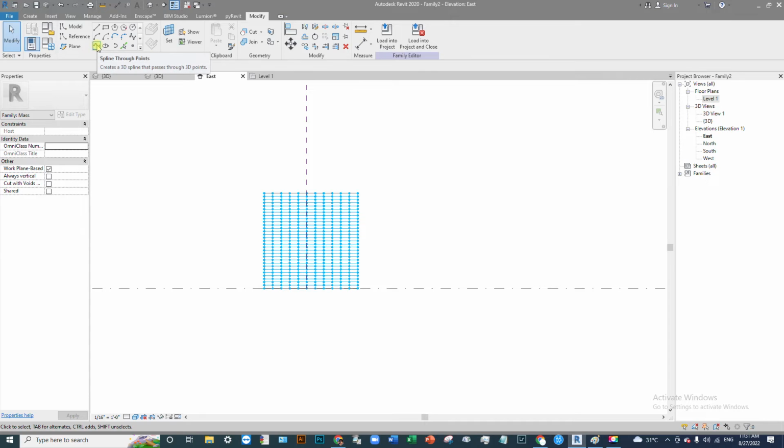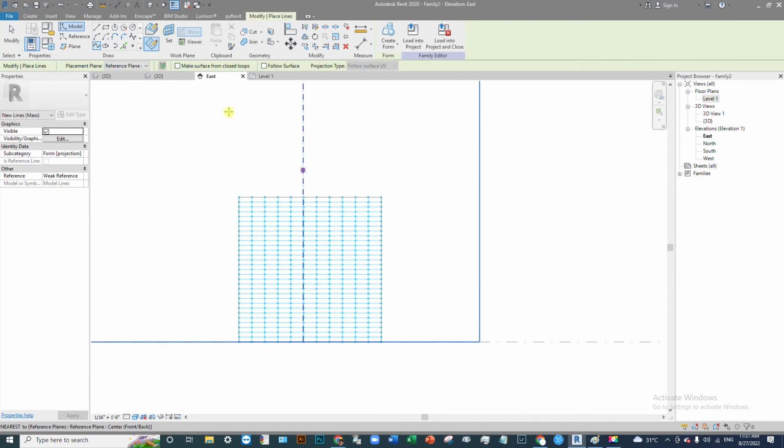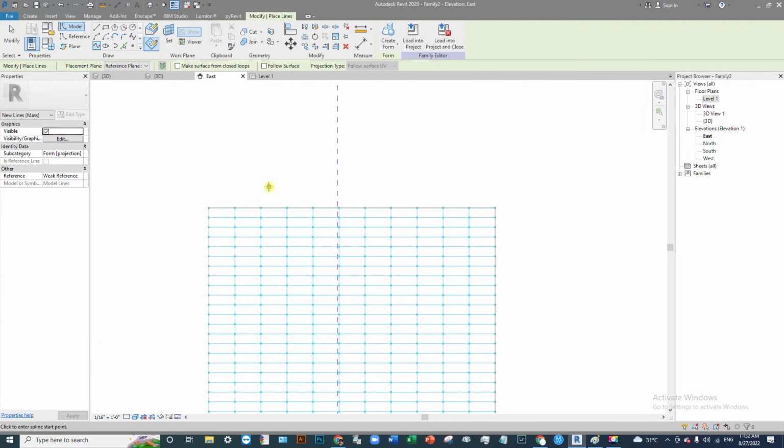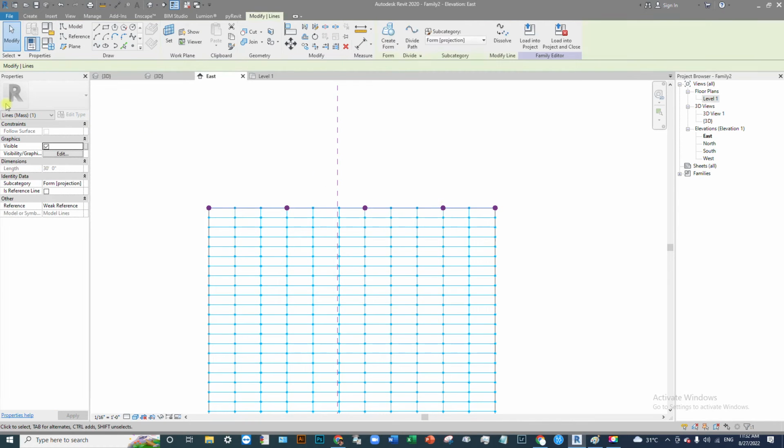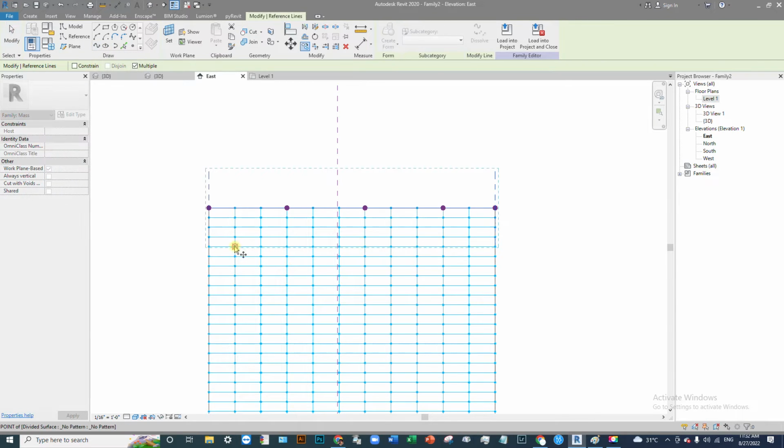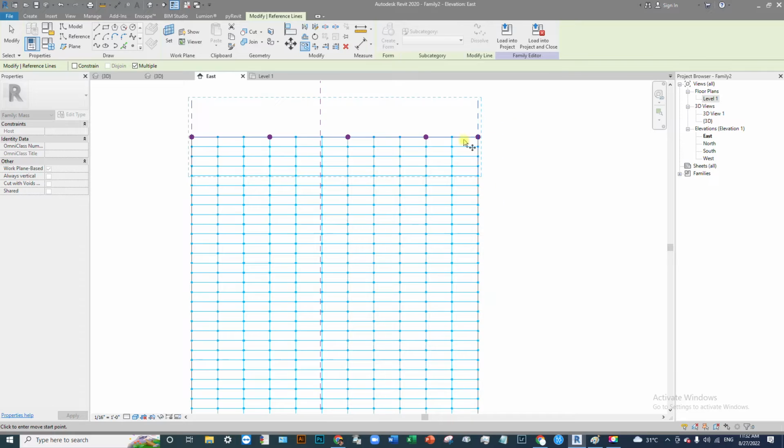Then create, select the spline through point, and make sure to select draw on work plane. Just draw on the work plane 1 2 3 4. Okay, just select this plane and create a reference line, and copy it, double C is the keyboard shortcut, then create